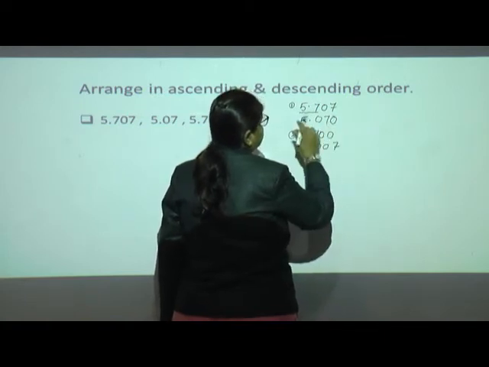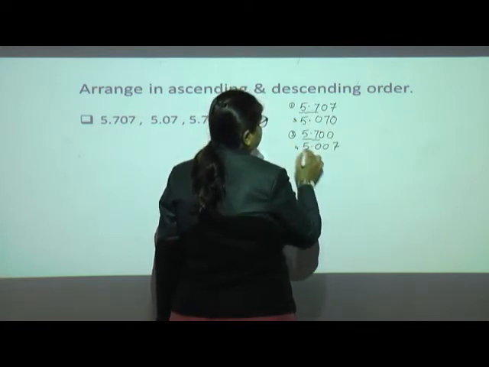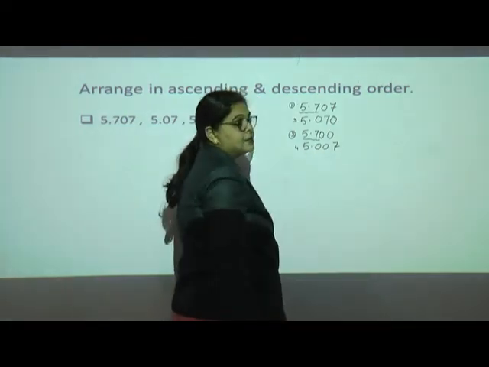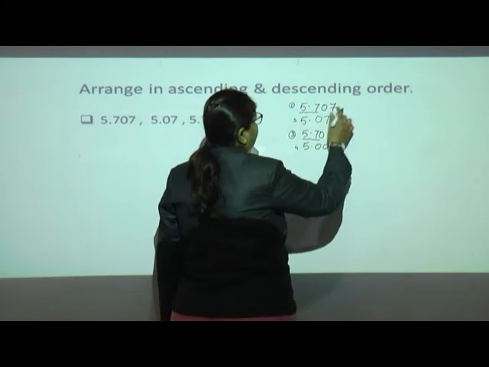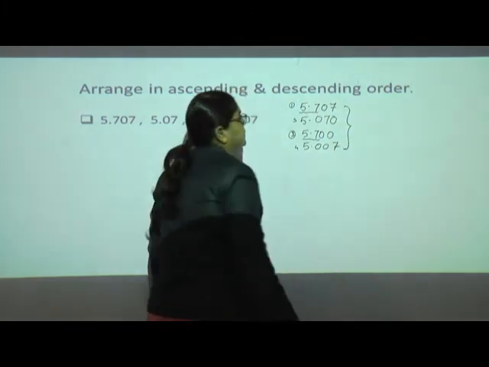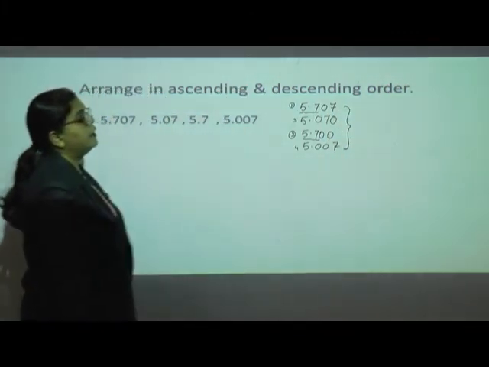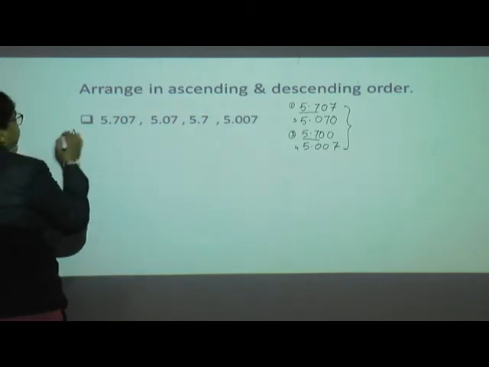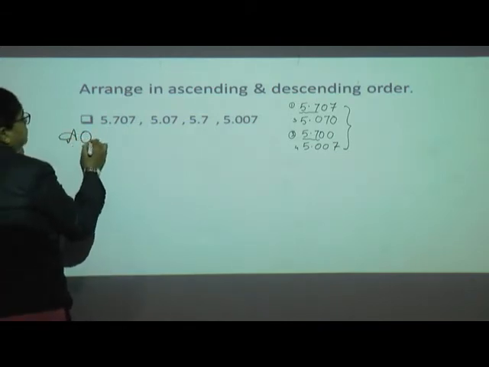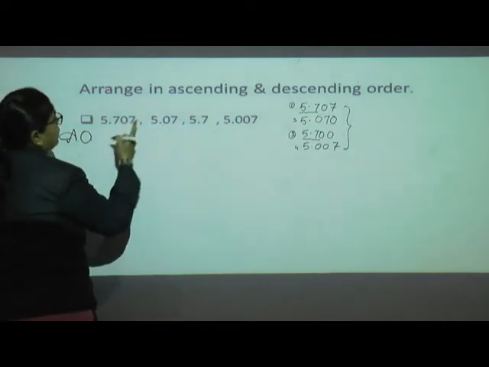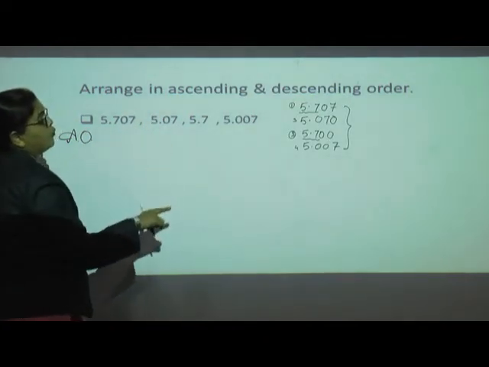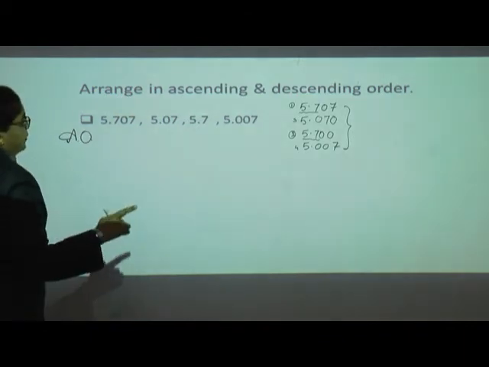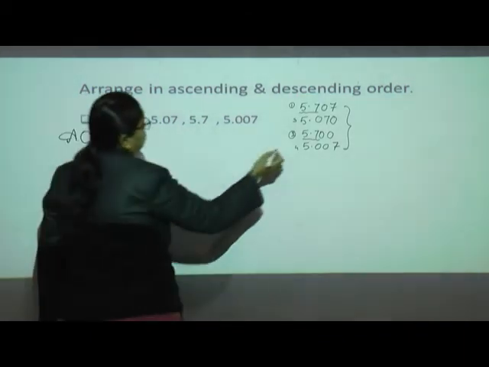So which will be greater? This will be greater and this will be 0. After the decimal, as the number of zeros increases, the value goes on decreasing. Why did I do this? Many students' concepts are not clear, so they can clear their concept and write. Now I will write the ascending order. Ascending means first I have to go for the lower number, then the higher number. So what is the lowest number here?